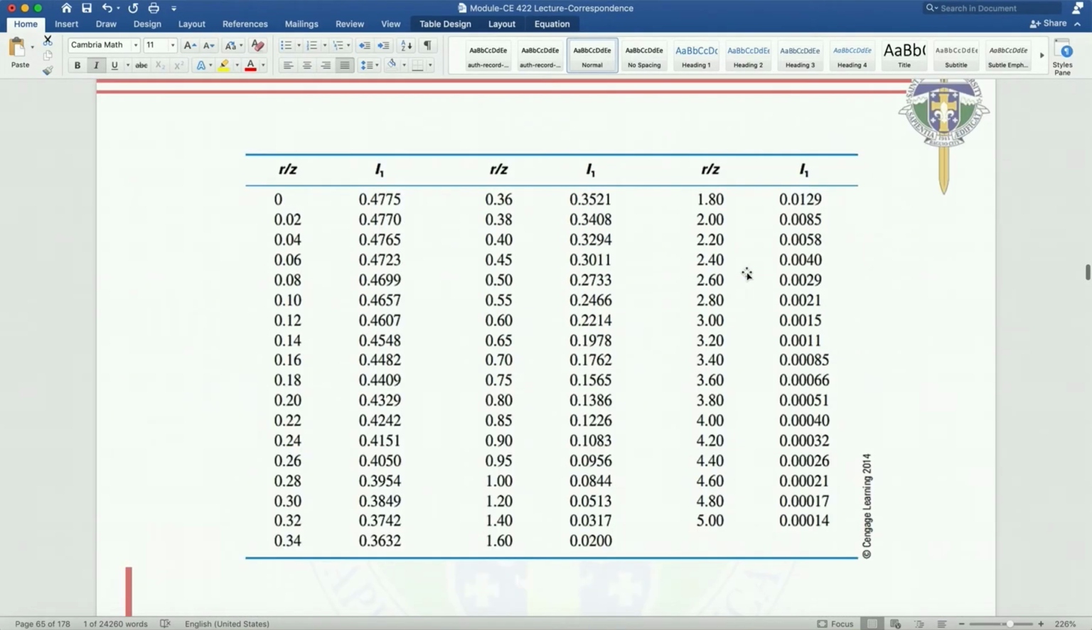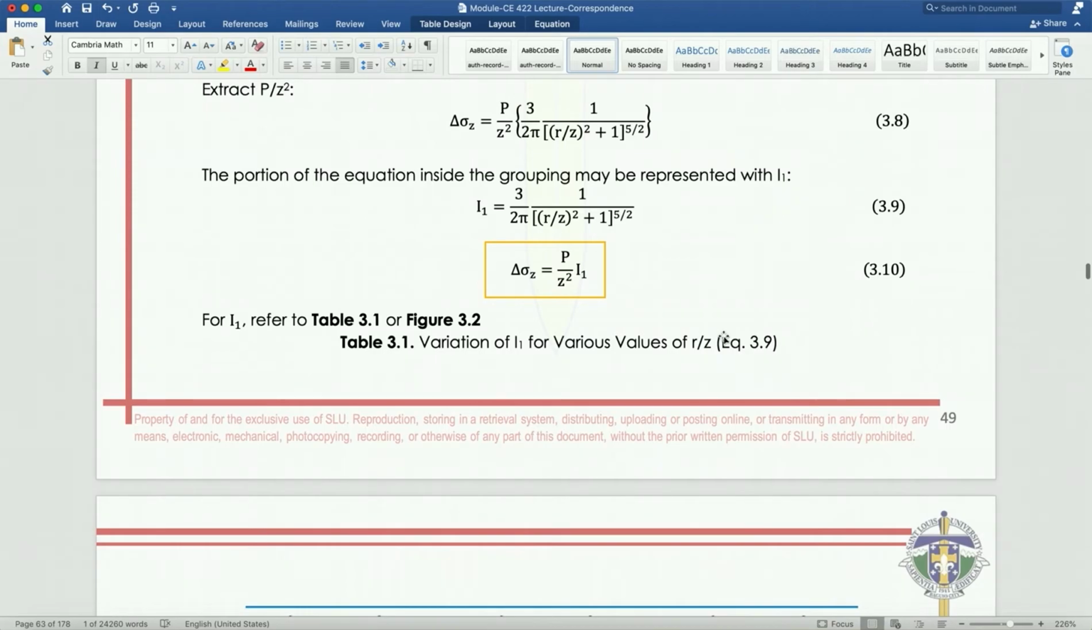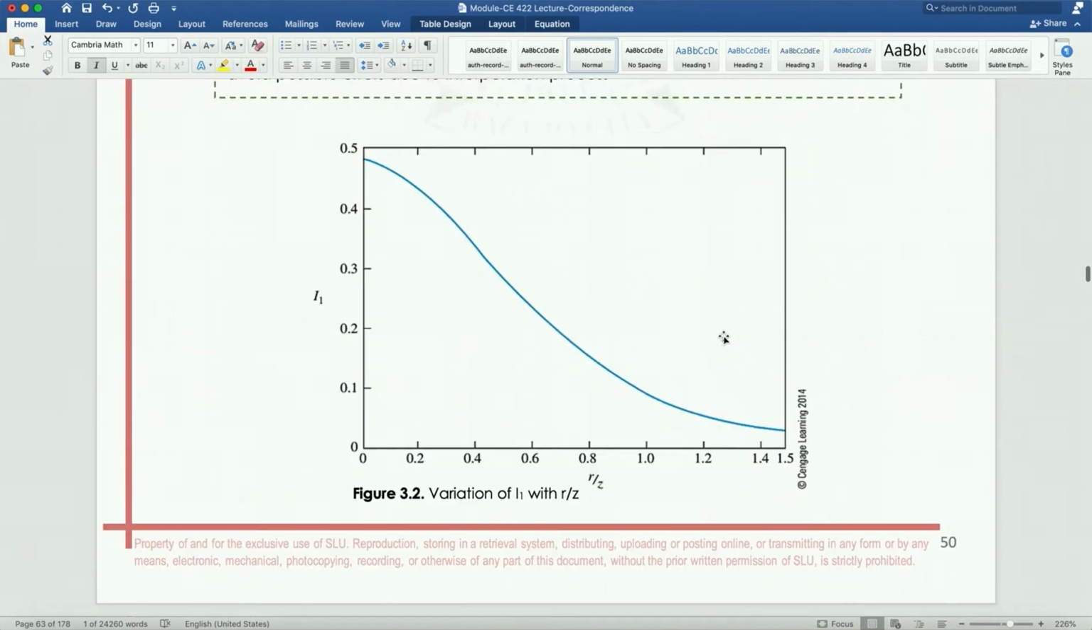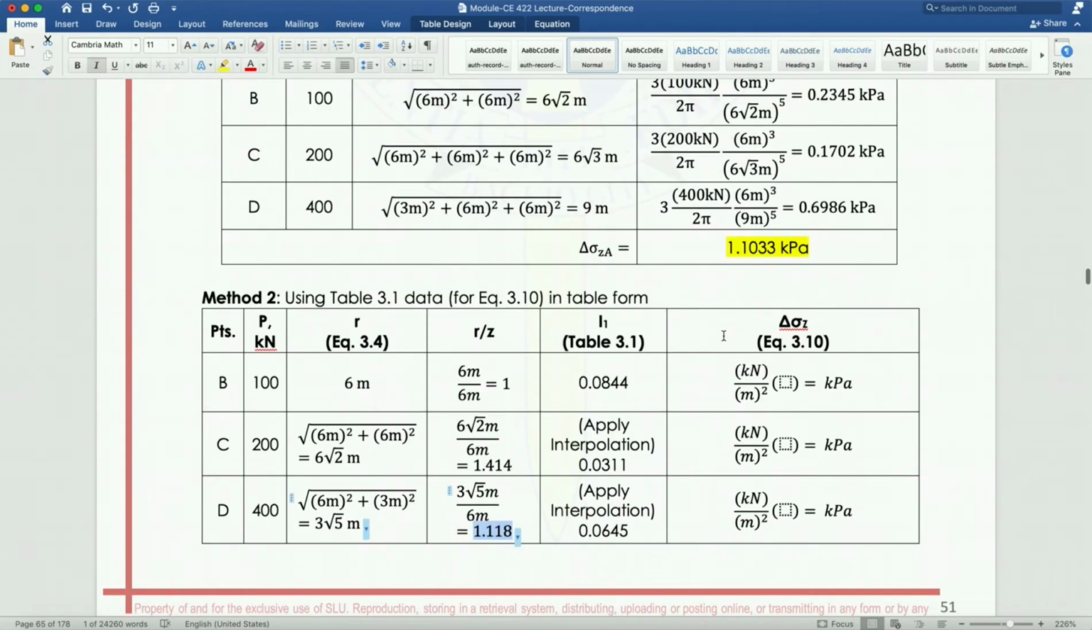We have here delta sigma z is equivalent to P over z squared times I1. Take note, P is varying likewise with I. So we have here P is equivalent to 100 divided by z squared, which is 6, times the value of I of